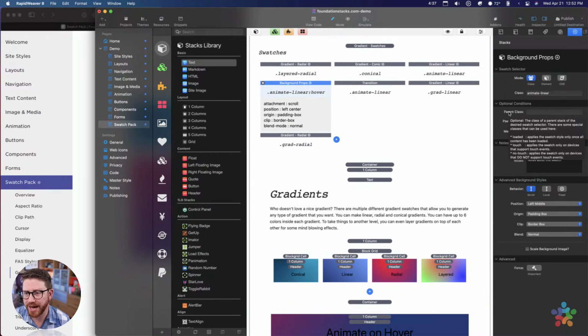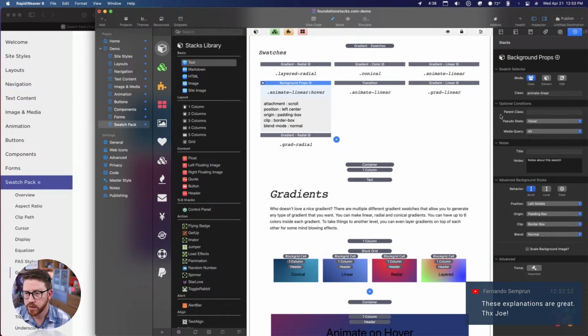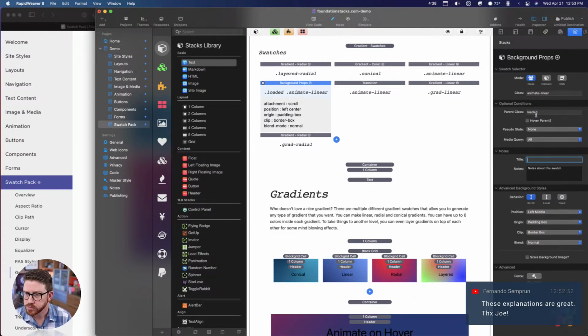If you hover over this parent class setting, and if you read this tooltip, hopefully everybody reads the tooltips because there's some really cool knowledge in there. And here's a perfect example. If you hover over the parent class option, you'll see that there's a few classes that you can add to this that will be useful. And the first one is loaded. This is a class that's assigned to the entire web page once the web page has completely loaded. Therefore, if I were just to change this, instead of doing this on hover, if I do loaded, okay,